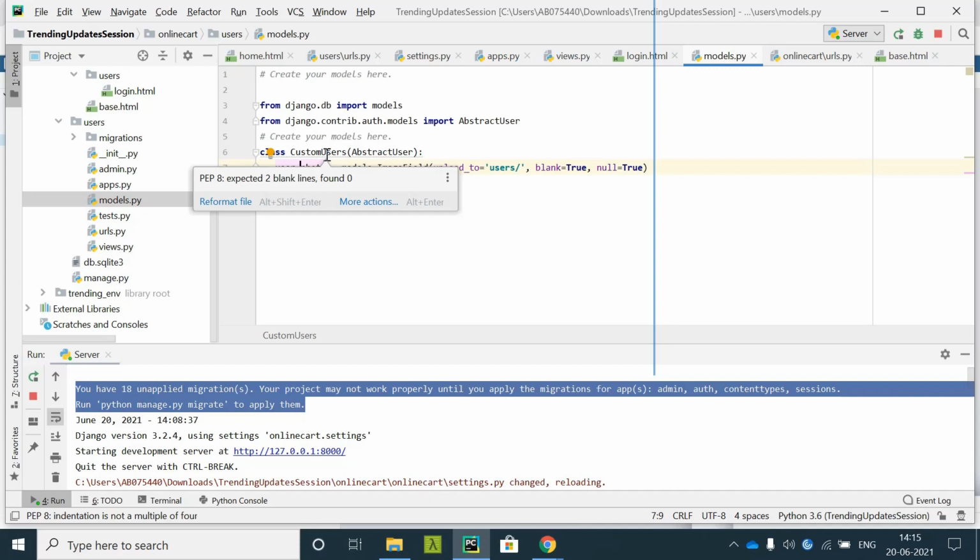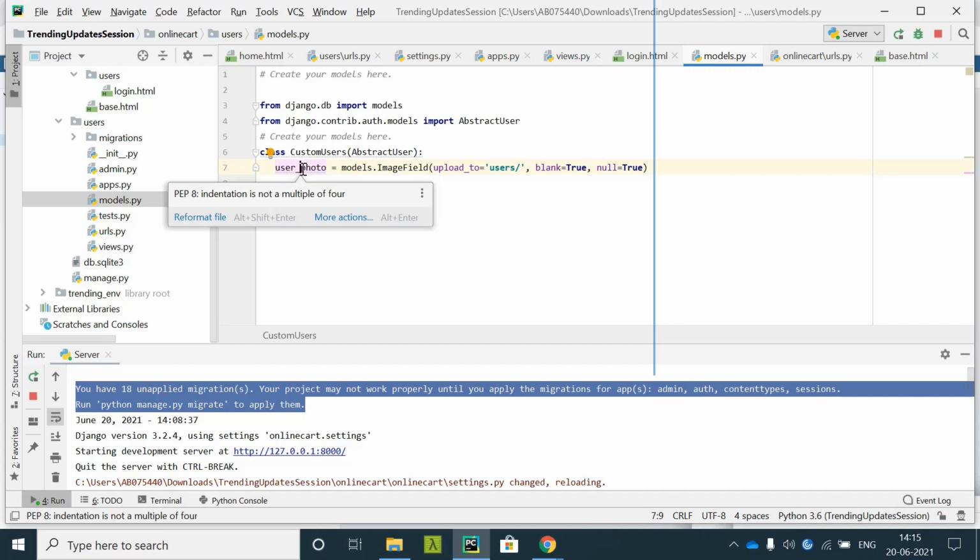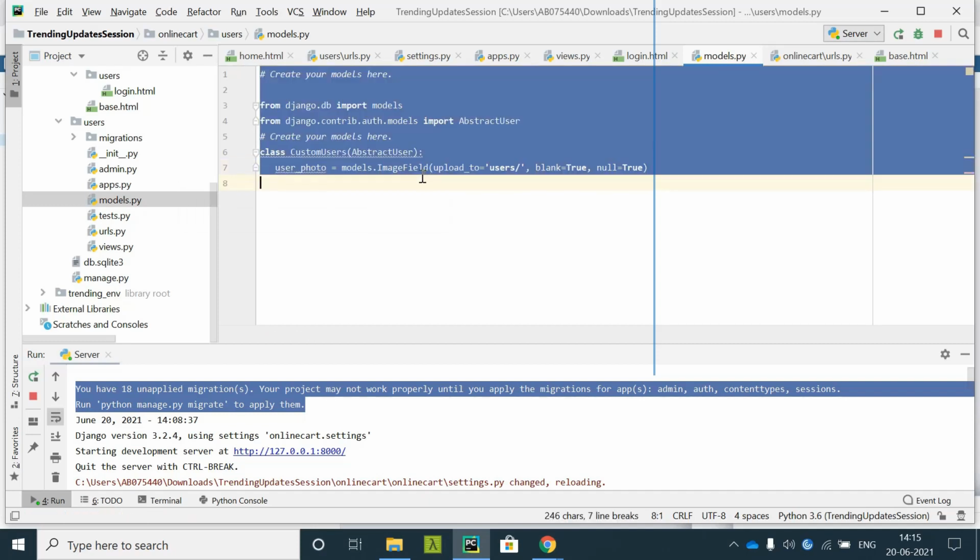and same everything, but to this I am adding a new field, because Django does not have any user photo available for the sign up page. To show you how the upload also works, I am also explaining the user photo with the image field.